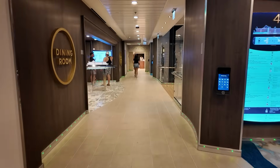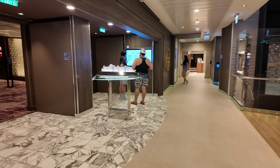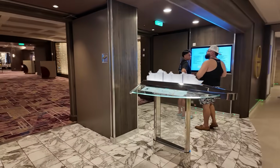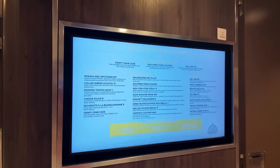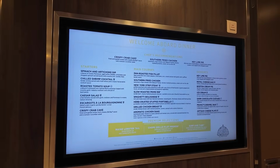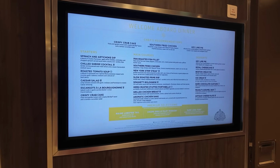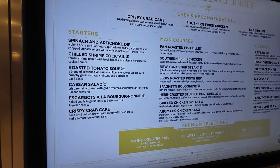Of course, at base, the cruise is all inclusive, and you get lots of dining around the ship included, but there's a lot of dining that is not included, a lot of options. We're going to try out a lot of that to see, one, if it is worth the splurge, how much better it is than the main dining, and if the main dining holds up with the included dining. We're going to figure all of that out. Trying out a drinks package, trying out the specialty dining, really trying to get a feel for Royal Caribbean